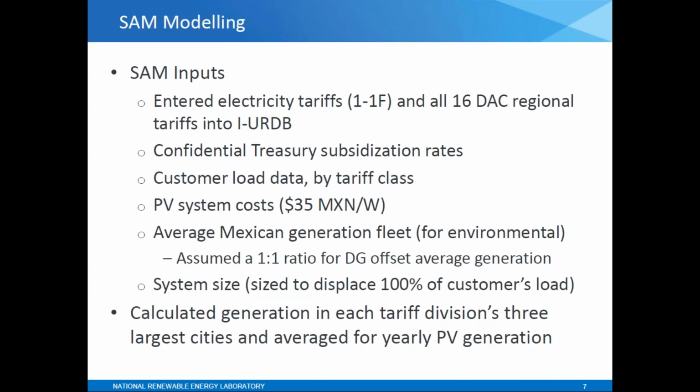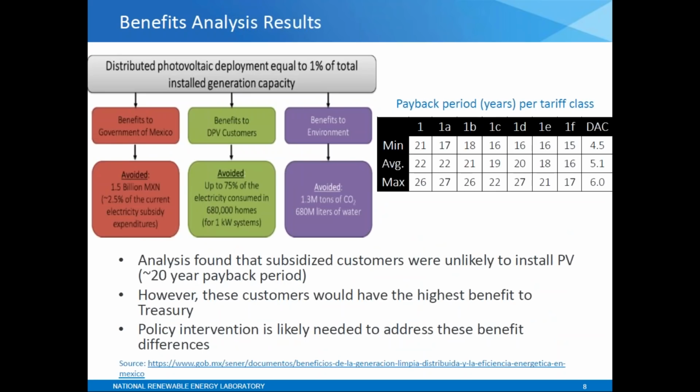Needed customer load data by tariff class, the PV system costs in Mexico that we got from working with several developers, and then the average Mexican generation fleet and the system size that is sized to displace 100% of the customer's load. And we calculated generation in each of the tariff divisions' 3 largest cities, and averaged that for the yearly PV generation. So some results for this were that deployment equal to 1% of the total installed generation capacity